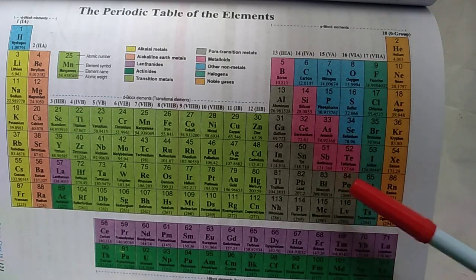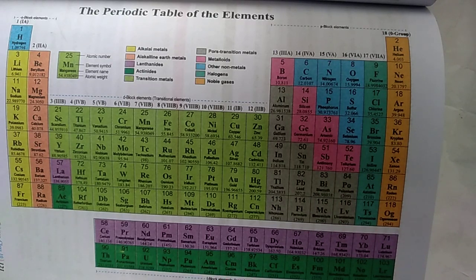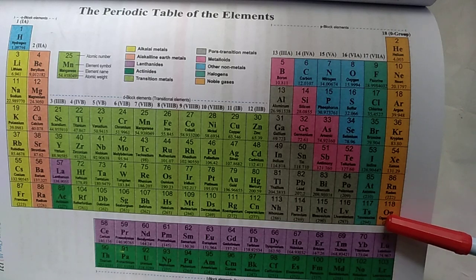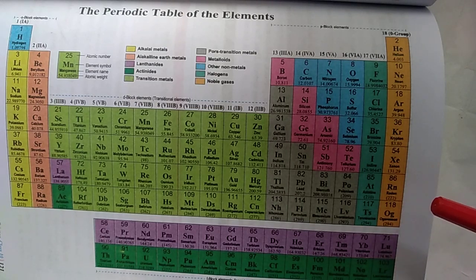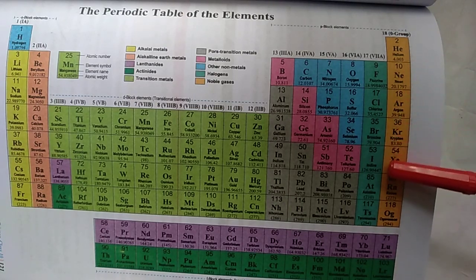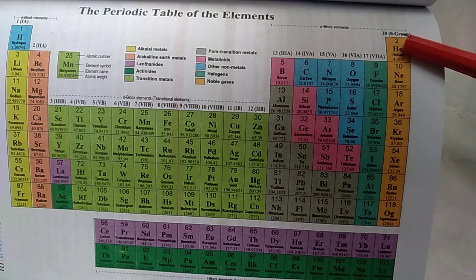Okay, this is not very common. Group 7 elements are very common. Group 1a, 2a elements are very common. Now group 0 elements are called inert elements or noble gases because they do not take part in chemical reactions because they have 8 electrons in their valence shell. They have already attained octet state, so they do not take part in chemical reactions except helium.